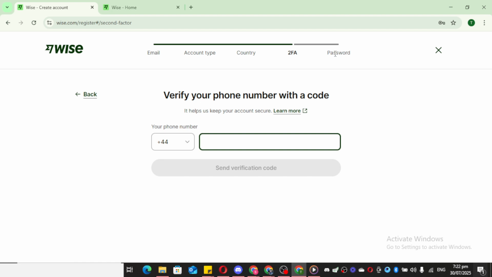And there you have it. You've successfully set up your Wise account. It's ready for you to start using for all your transactions with confidence, knowing your account is well protected and personalized to your preferences. I hope this step-by-step guide was